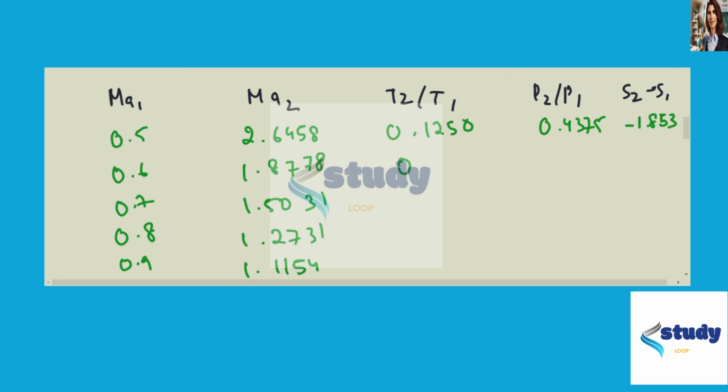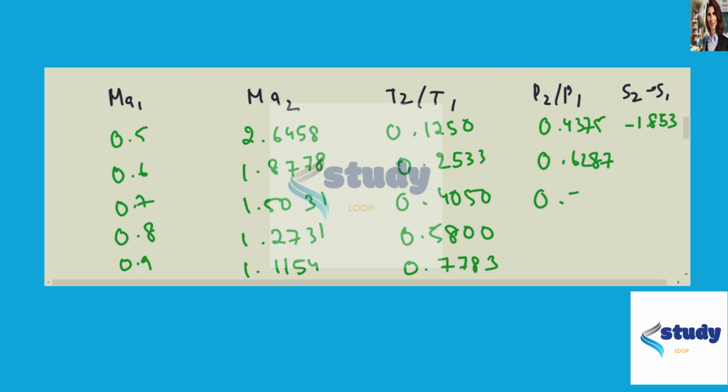Then we have for this 0.2533, 0.4050. We have 0.5800, 0.7783, 0.6287, 0.7563, 0.8519, 0.9305. We will start here from minus 1.247,